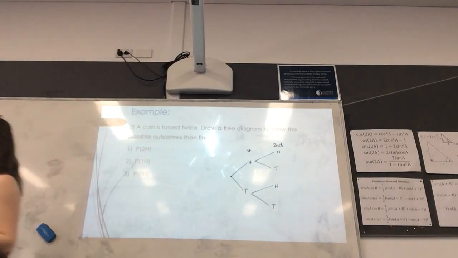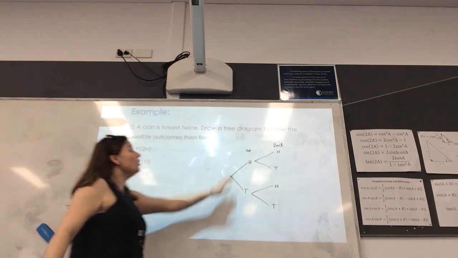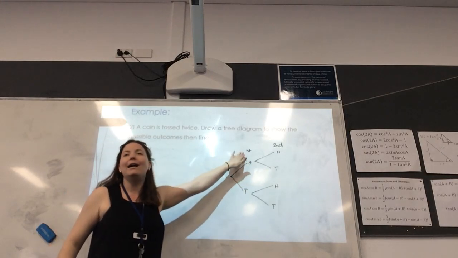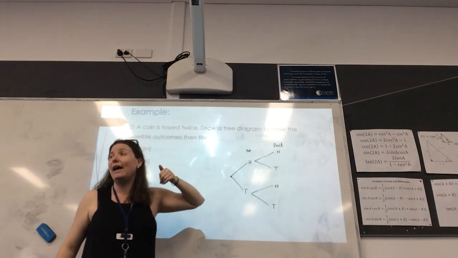Now, this is a very simple tree diagram, and quite honestly, we're normally looking at probability trees where we have probabilities on the branches, which we'll get to, okay? But often you do have questions about tossing coins, and this is all you need. So because these are equally likely outcomes, there's no need for me to write a half on each branch. Is everyone okay with that?